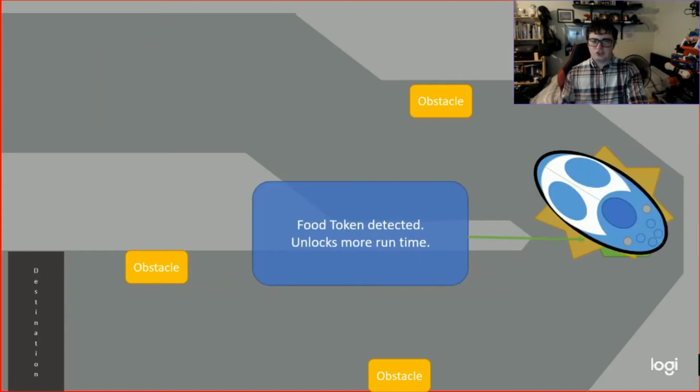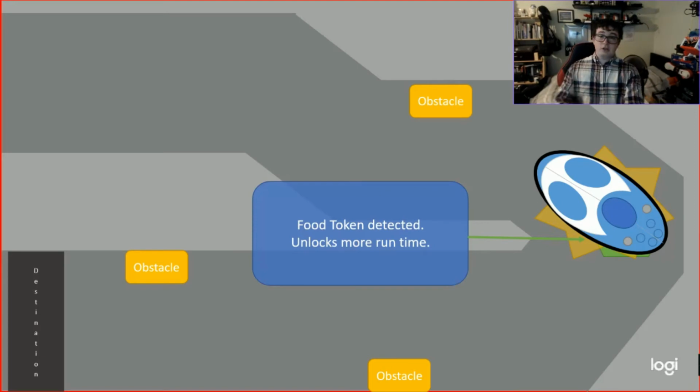So every time it sees a token, it'll probably unlock more runtime. Yep, you did a good job, now you can carry on. If it doesn't and it's doing really poorly, I can see which robots would be sitting still, because that would be an immediate flag to say these ones probably aren't working the way that I want them to.